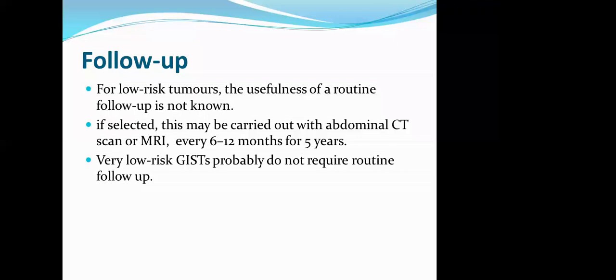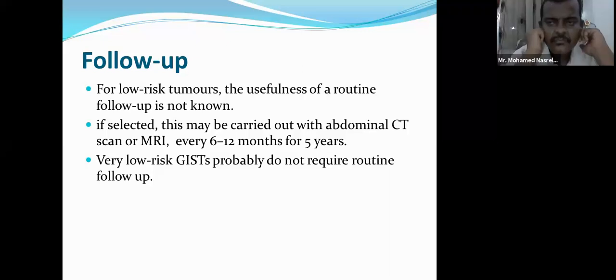So I agree with you that sometimes you find a very huge mass that may put you off from surgery, but you shouldn't deny those patients surgery. Most of the time, those are resectable tumors, and you may end up with just a wedge resection of the stomach. As you rightly said, the base of the tumor is very narrow, and usually it is a cuff of the stomach, not all of it. So rarely you need a partial or total gastrectomy unless it's a very huge tumor involving most of the stomach.